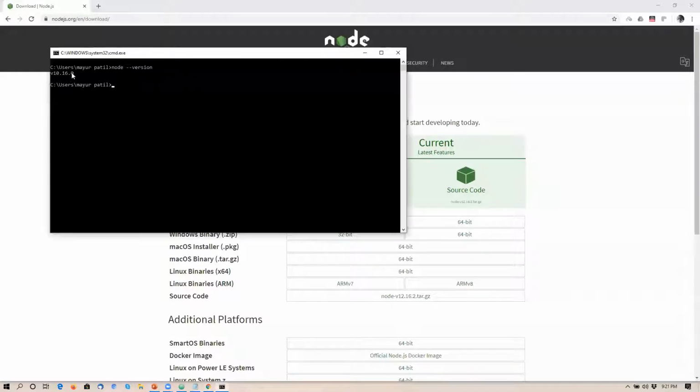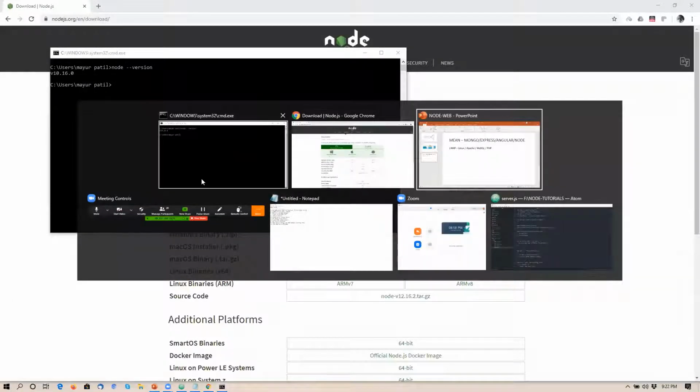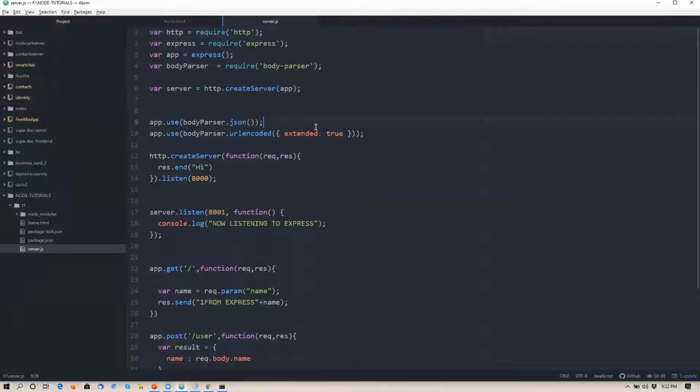So Node is the basic requirement in order to run your Node code, nothing else. On top of that, you can use your editor. Like yesterday for PHP, I was using Dreamweaver. For Node and also Angular and Python, I always use the Atom editor. Optionally, you can go for Microsoft Code, but I think I'm comfortable with Atom. But that doesn't mean that you have to use Atom only. In Atom,